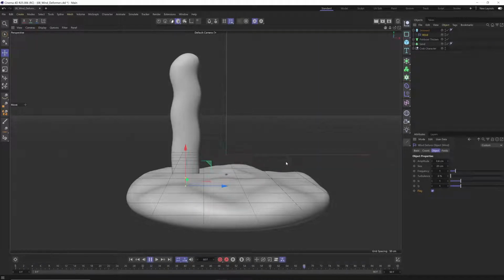You'll see that this has this nice undulation without any keyframes whatsoever. Now you might be wondering what's controlling the speed in which this is undulating. Well, it's this frequency option. If I crank up the frequency to 10, you can see that actually over 90 frames, we have a perfect loop. But what if we want to make this slower? What we can do is actually just divide this number by the amount of seconds we have here. So by default, our project is 30 frames per second. So if I just divide 10 and just hit